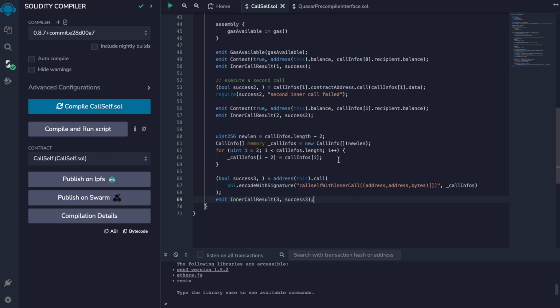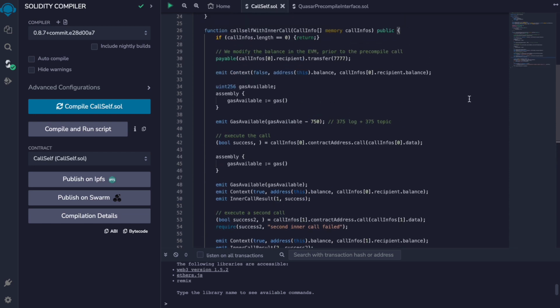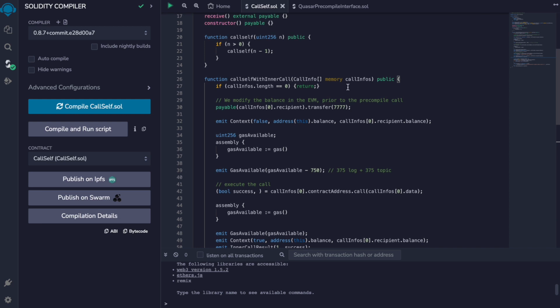So if we revert an internal nested call, then the full wrapping transaction will not revert. It will succeed, but only part of that execution will be made. So this is what we will work with.